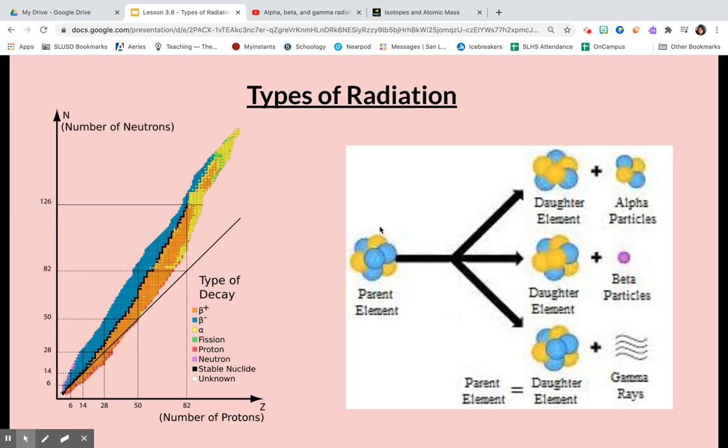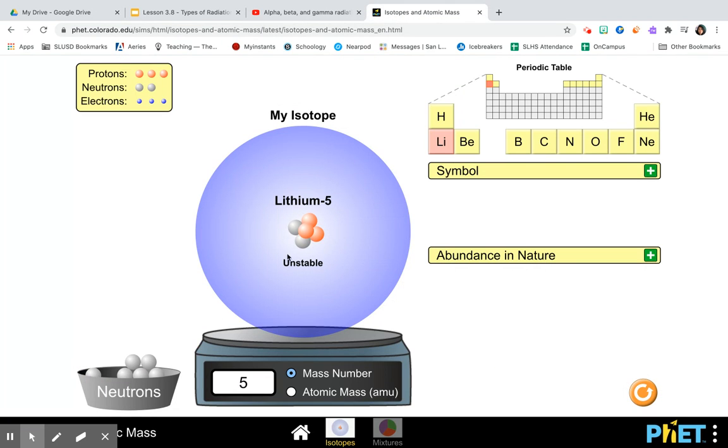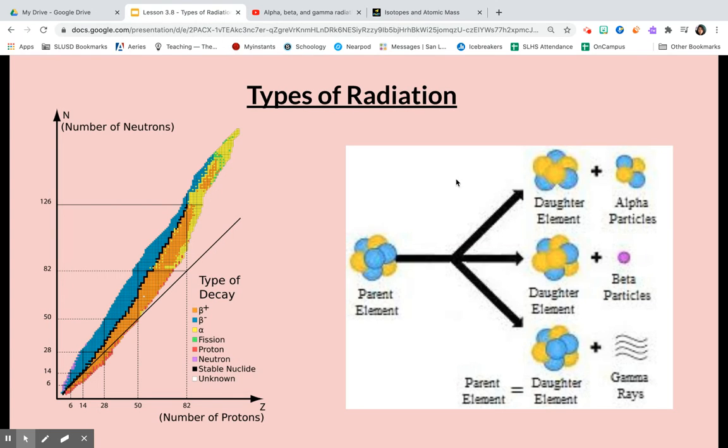So when an element is unstable, we call that the parent element. It's going to be kind of shaky like this, and then something's going to shoot off out of it, right? And there are 3 common particles that can shoot off. One is known as the alpha particle, another type is a beta particle, and the third we call a gamma ray,